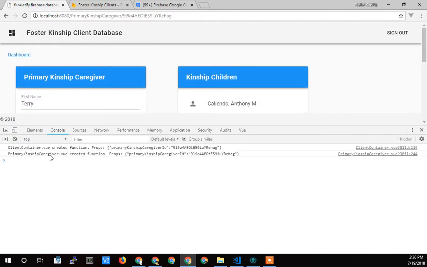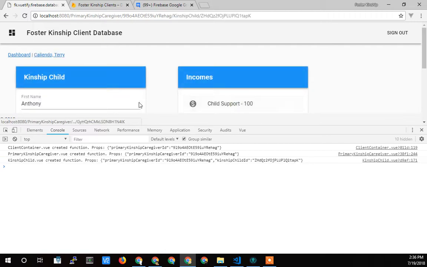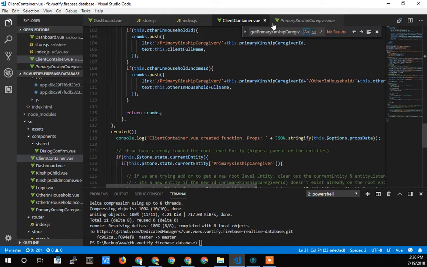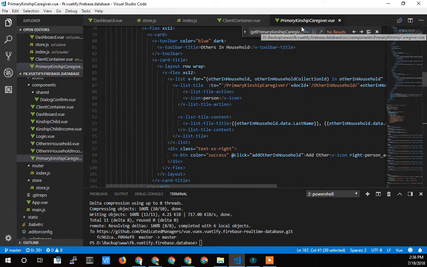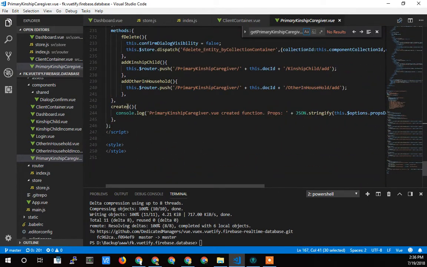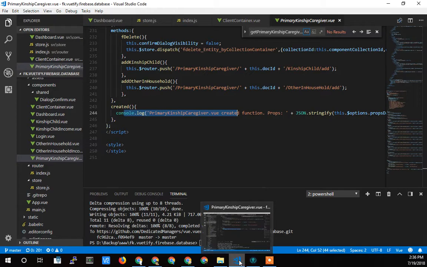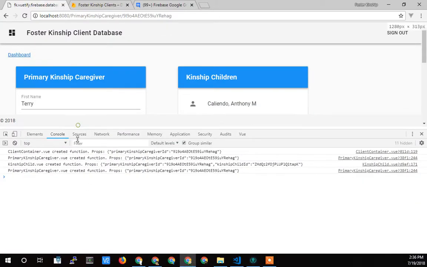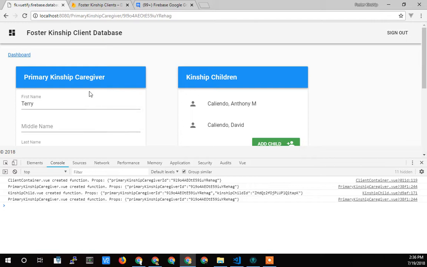So here it did reload the view, and obviously when I go into it and come back, the view's created function is showing up again, and that's just me in code saying, hey, in the primary relative caregiver, in the created function, in all my functions when they create, I console log out that, hey, it was created. So that's why that is showing up there. Anyway,